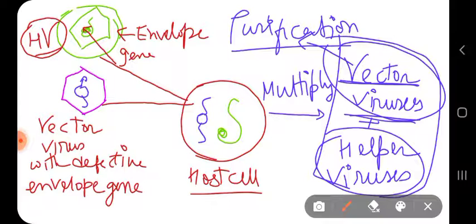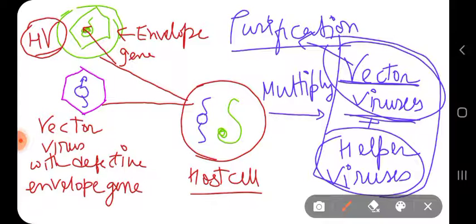Now I will try to demonstrate the use of retrovirus in gene therapy. So I think you have been able to understand this part. I am repeatedly trying to say this. Here we have used a vector virus, the virus which will be used as a carrier molecule for our gene of interest, to make multiple copies of our gene within that vector virus.